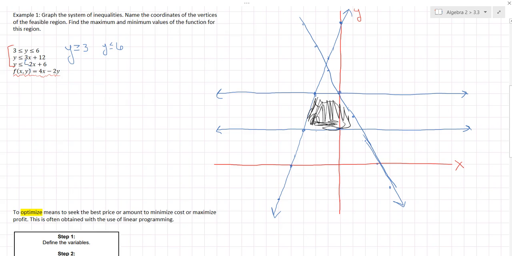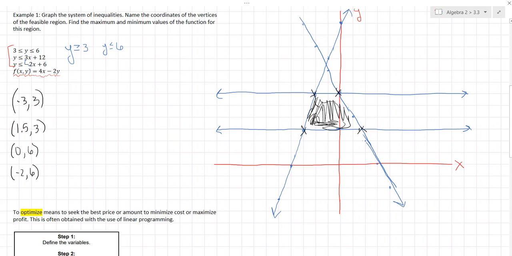Okay, and so when it says find the maximum or minimum values, those will happen at one of the vertices. So first step is to write down all the vertices. So we have this first one here. Here's one, third one, and fourth one, which actually is a little off. So hopefully your line's closer to that than mine. So go ahead and write down those vertices. So we have our vertices. Now the one that wasn't on an exact point, the 1.5, 3, if you weren't sure where that should be at,